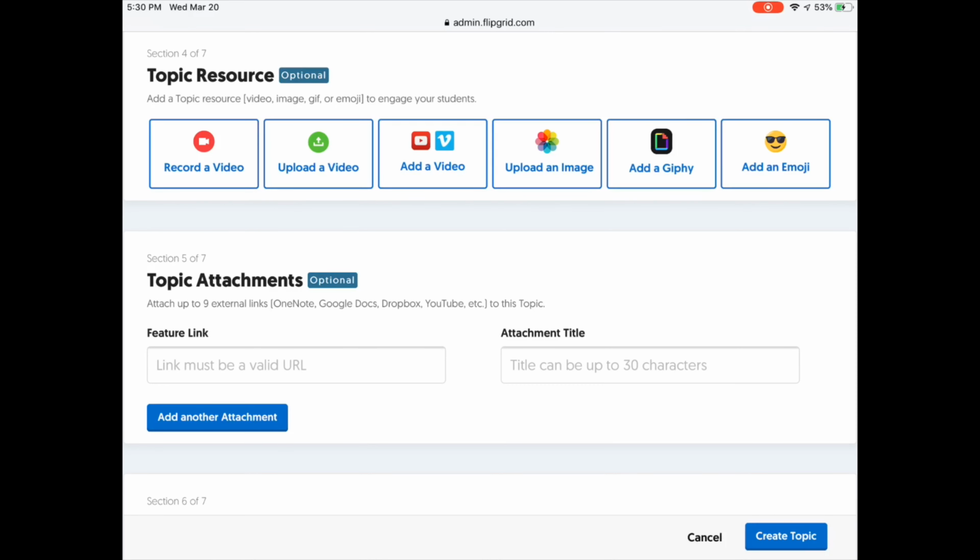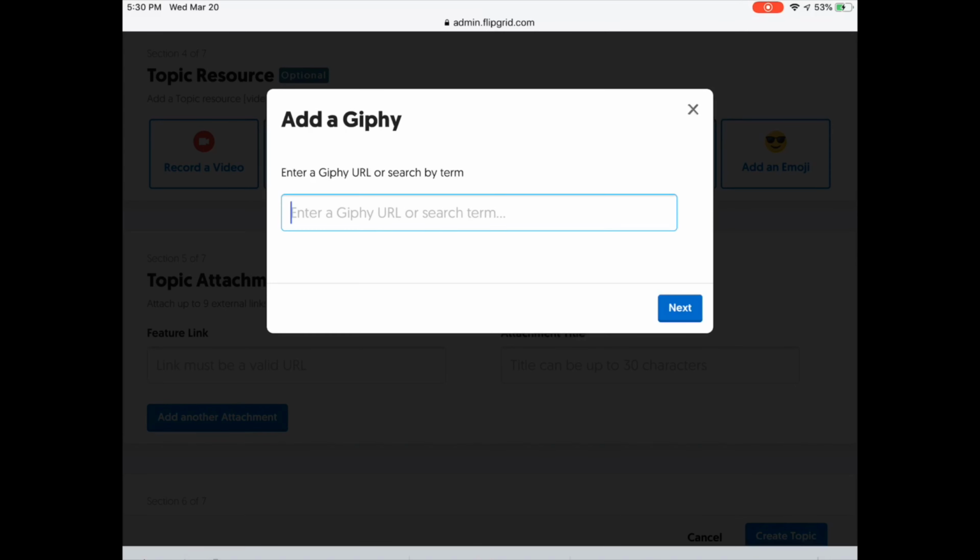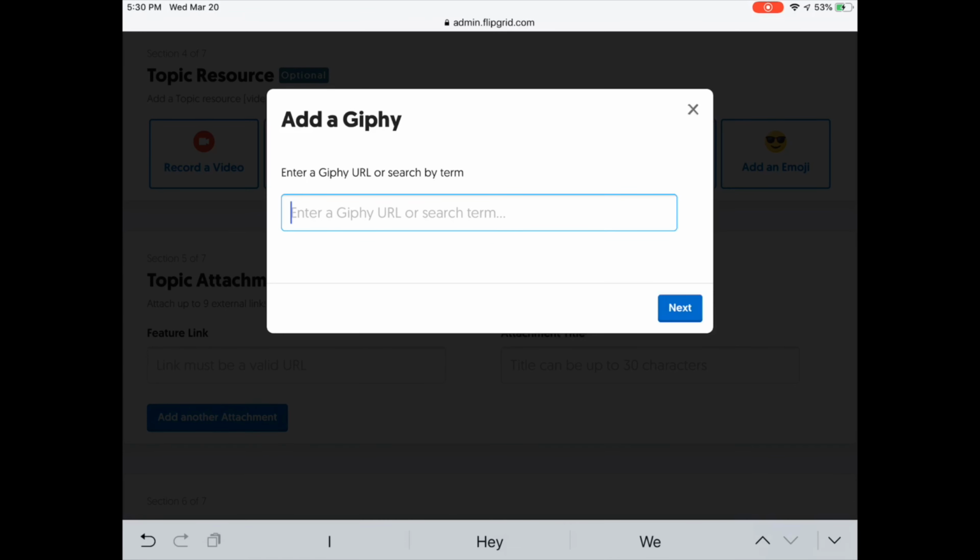Topic resource. This is a fun section. So this is going to be an eye grabber for your students. And so it shows you can do a video, an image, a GIF, an emoji, anything to engage the students to your activity. So I am personally a fan of GIFs. And so I am going to,